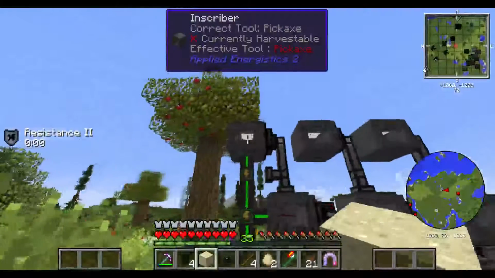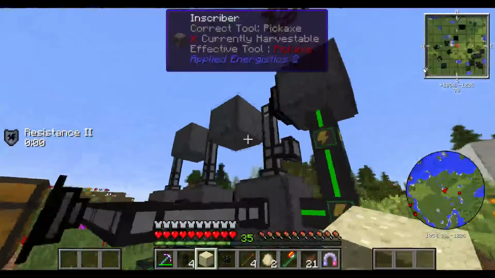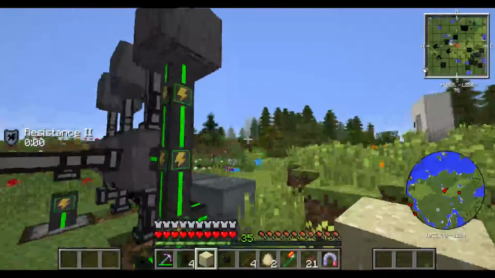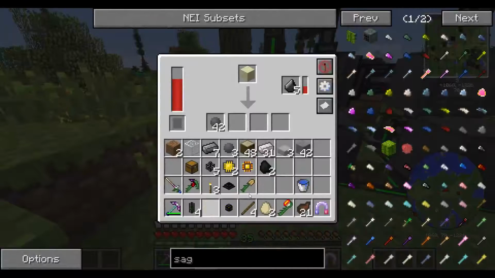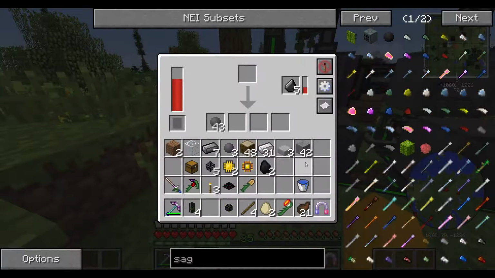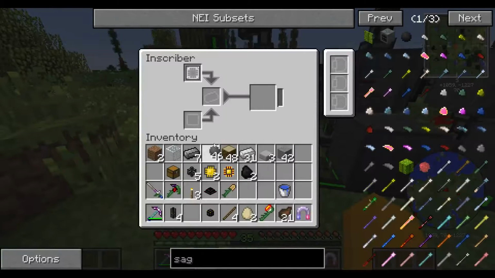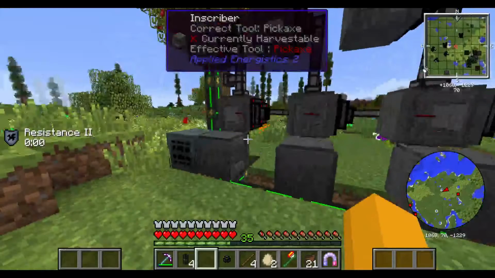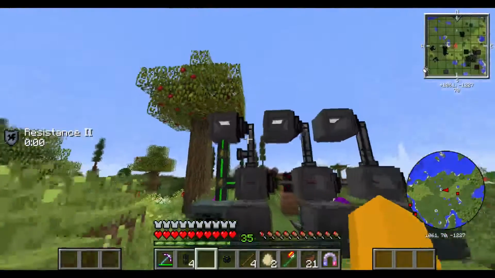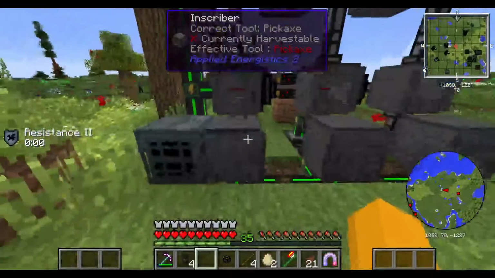Though I would set up a thing for keeping these guys full of their respective ingredients. But for now, let's just toss this piece of sand in there too. Yeah, we got another silicon. Alright. So yes, for now, we are going to, I think, call it good for today. We got ourselves the Inscribomatic going,